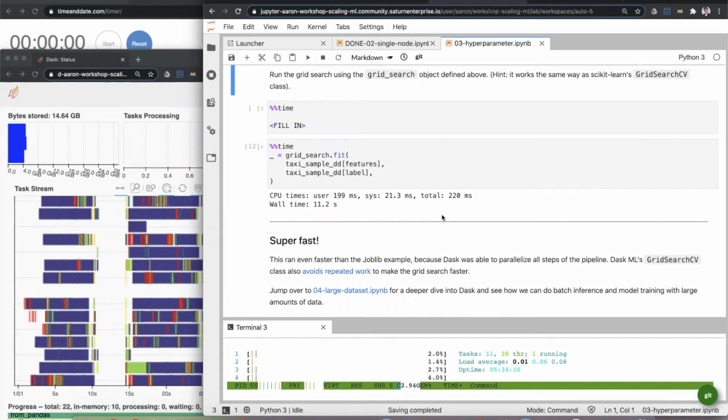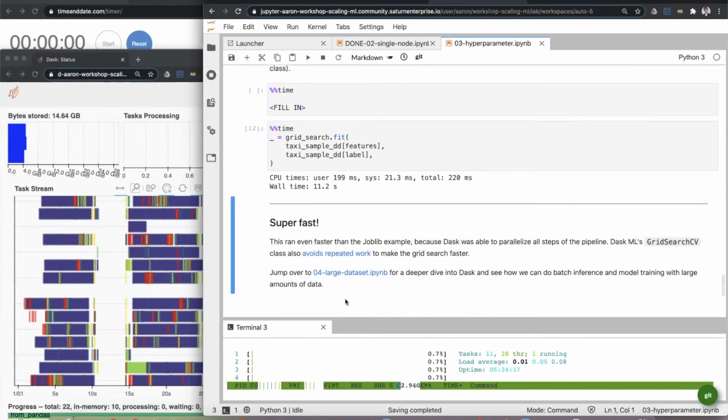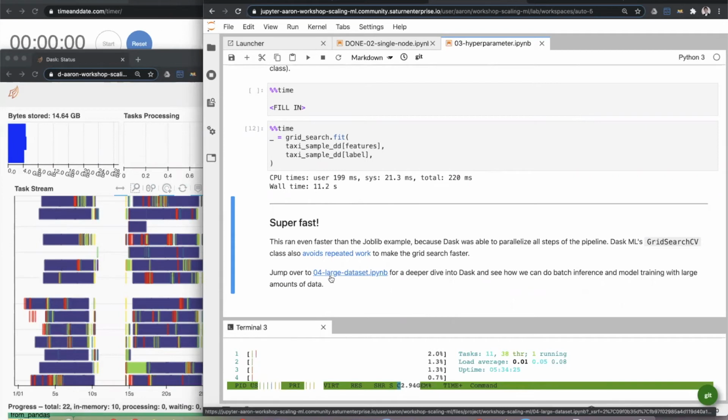Okay, great. All right, so we're going to jump over to the next one, and this is really our deep dive into Dask. We might not get through the entire notebook in this number 4 notebook, but that's okay. We're going to just introduce some key concepts and run through it, and then we'll see how the time goes. But again, you have these notebooks, you have this project set up. This is going to stick around after this,